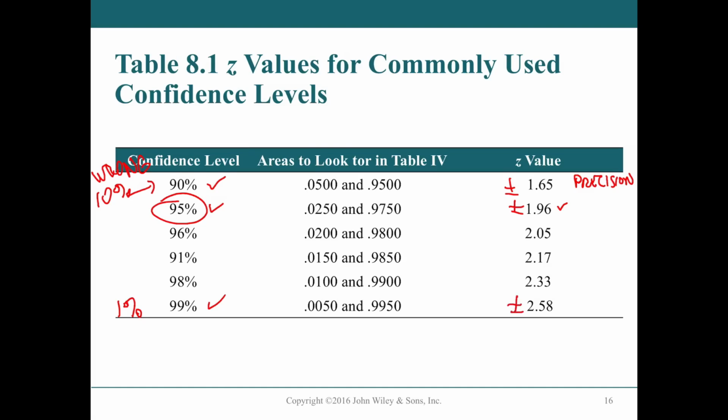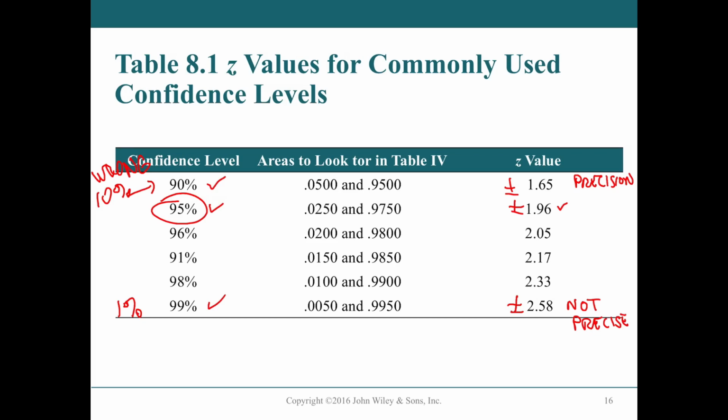What about that third option? Well, you're not going to be wrong very often. You're going to be wrong only 1% of the time. A lot of people like that a lot. Trouble is, this plus and minus Z value here is not very precise. It gives you wide confidence areas, such as with a proportion being between 10% and 90%, or 0.10 and 0.90. That is so vague that it's worthless. And there are times where you get confidence intervals that wide that are just worthless.